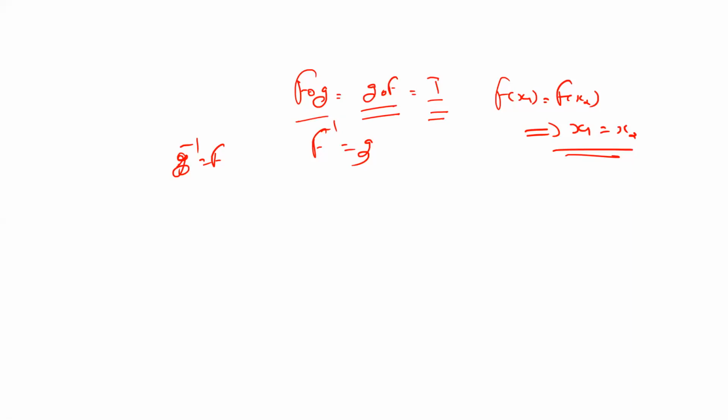There are two ways. One is the normal way: if it is 1 1 and on 2, then the function is invertible. And the second case is, if the function is f, you have to define another function g, and take the composition of both functions, that means f composition g and g composition f. If both are identity function, then you can say that the function is invertible, and f inverse is equal to g, or g inverse is equal to f.